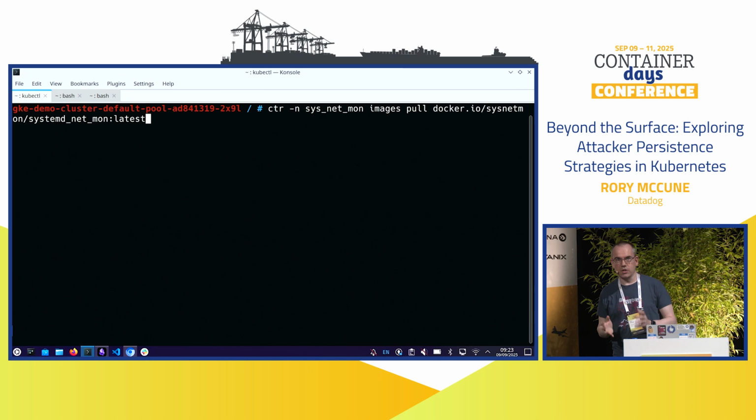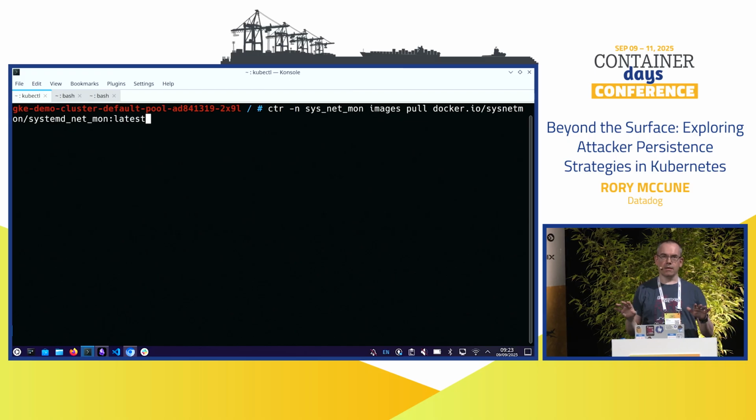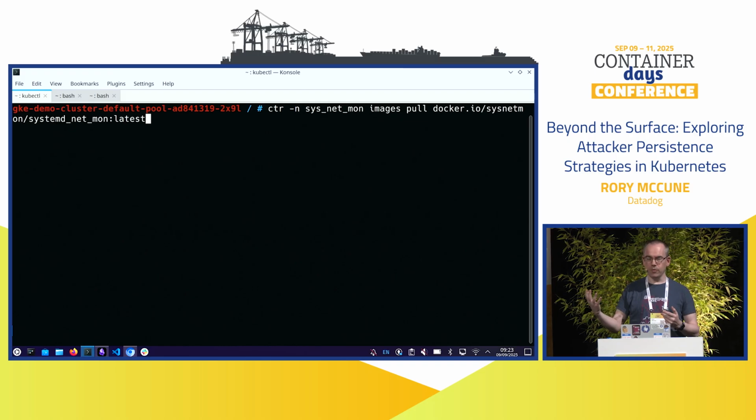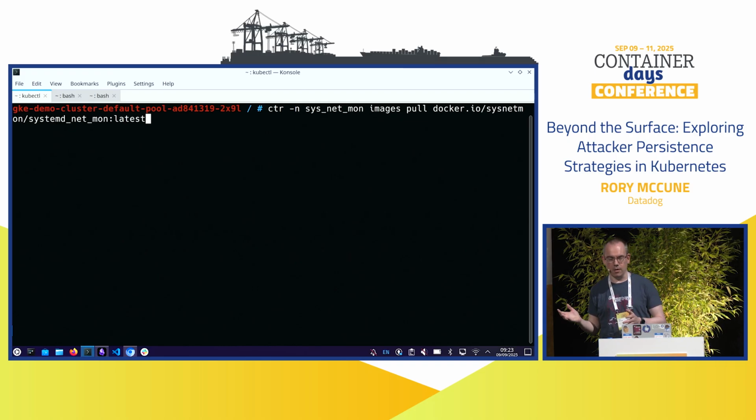A very important point for security is if you're using Docker Hub, outside of the official images, they can contain anything. The name that they have does not in any way have to relate to what's in them. They can say that they are one thing and be something else entirely. So if you're ever pulling from Docker Hub, you have to be very careful that you trust the person that created the image, as in you know who the username actually is and you know what's in the image. Don't pull random stuff off Docker Hub.